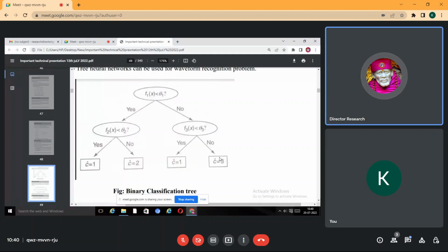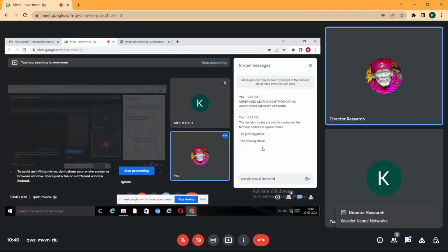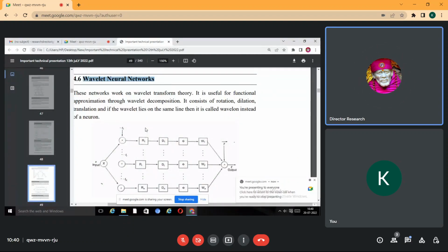Wavelet neural networks. This is very important. These networks work on wavelet transform theory. Wavelet transforms are very important. They are useful for functional approximation through wavelet decomposition. It consists of rotation, dilation, translation, and if the wavelet lies on the same line, then it is called